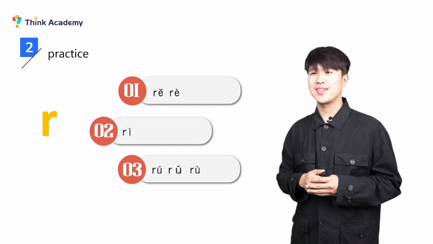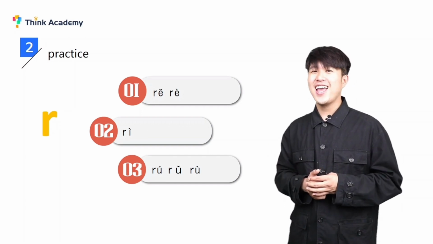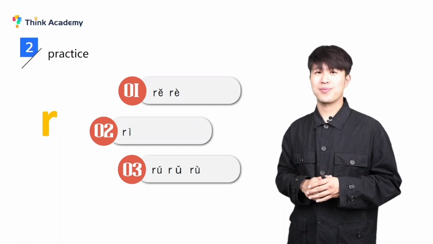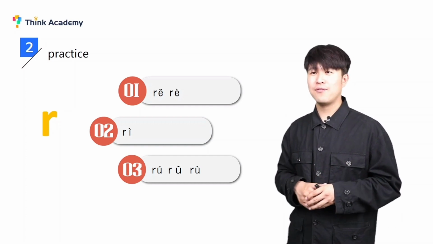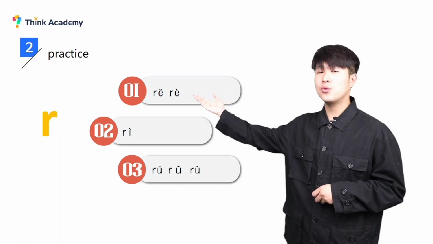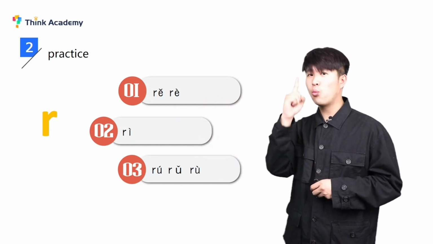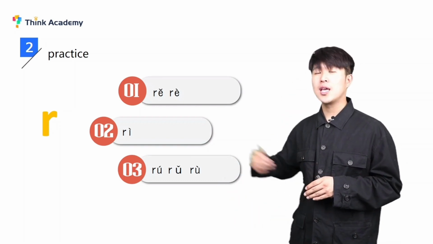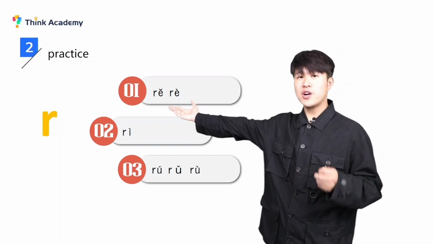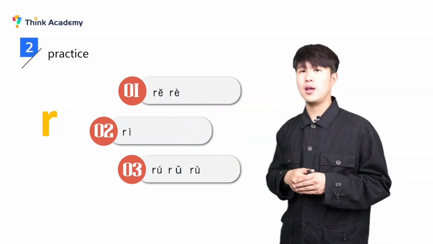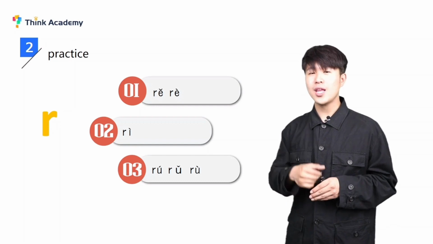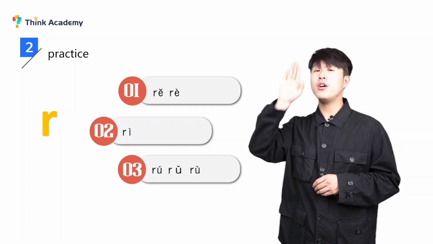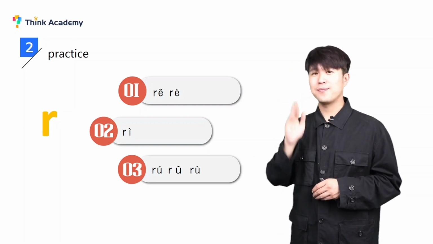Next page. Look at this picture. There are only 3 finals that can combine with zh. And for the first line, there are 2 tones. The second line, there are only 1 tone. The third line, there are 3 tones. Read after me. The first one of the first line is the third tone. Okay, read after me. 日鹅惹日鹅惹惹。